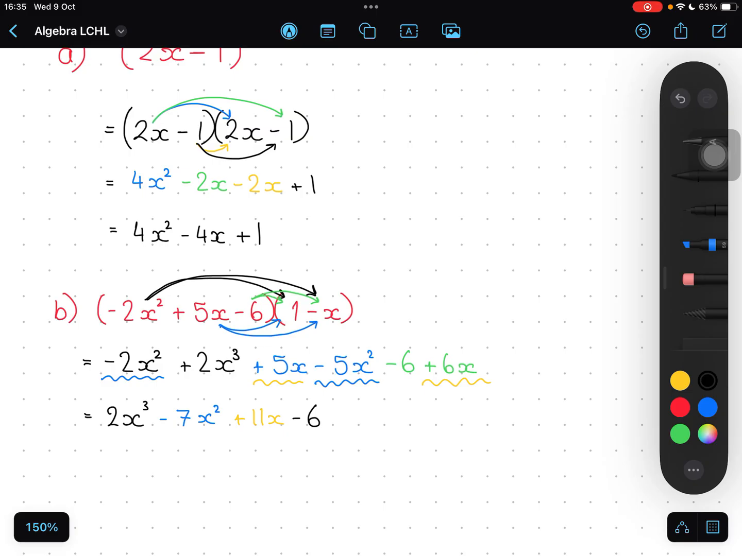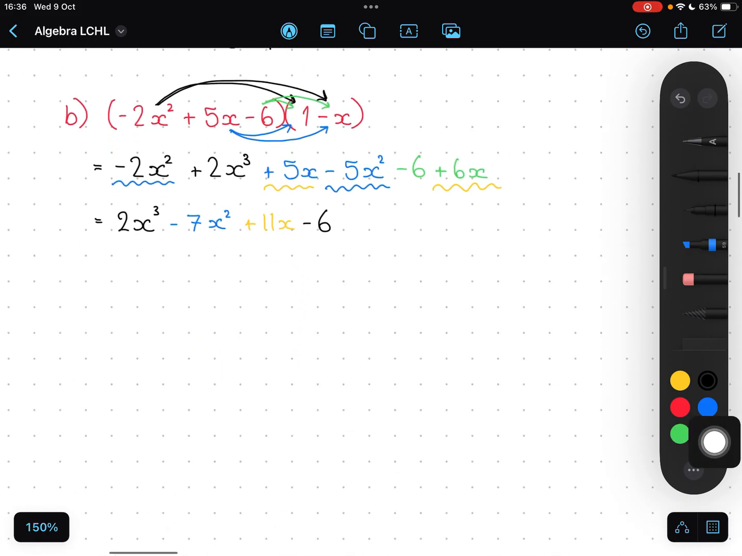And that's it. Okay, so when it's fully simplified, you shouldn't have any two x's that have the same powers. Okay, because if that was the case, then they would be like terms, so you should have simplified those. Okay, let's do one more. So C